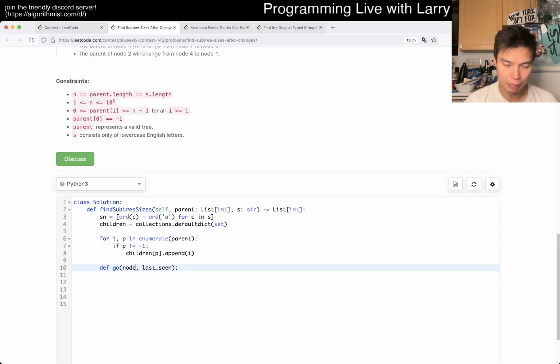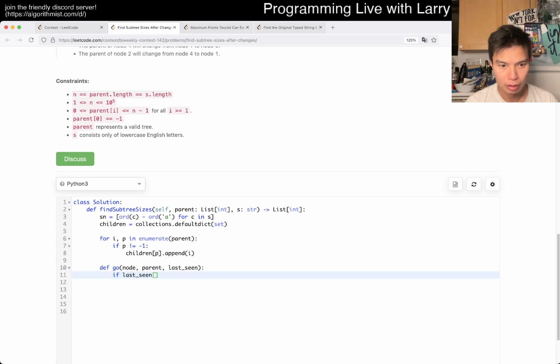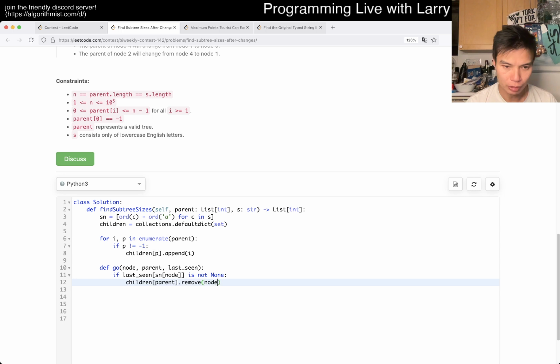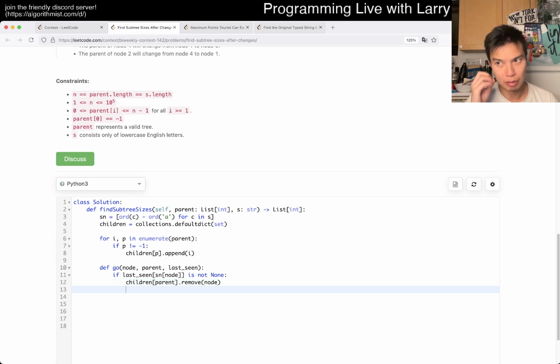Oh, we should have its parent. Yep. So if last seen of node, node is the index, Sn of the node is not none, so we set it to none. Then that means that for the children of the parent, we remove node.